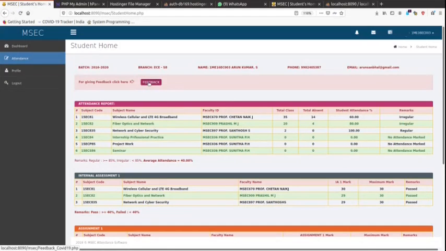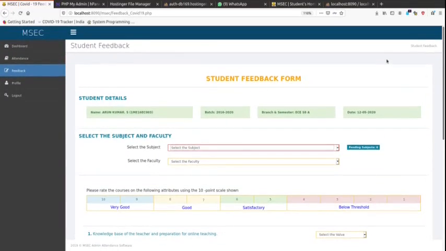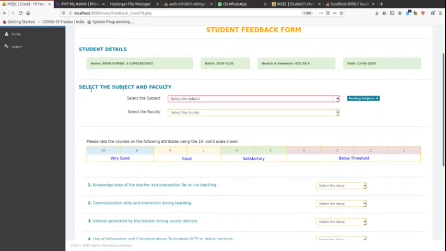Just click on the Feedback button, and they will get a feedback form. The first section is student details, where students can view their details. The next section is the subject and faculty details.